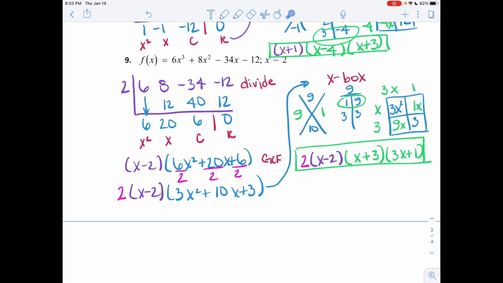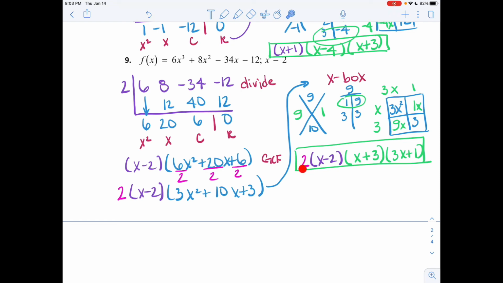Everything is positive. I rewrite all of my pieces here, my first and last terms from my original, and my broken up x terms here. And so taking GCFs across and down, I'm going to get x, 3, 3x down this way, and just a 1. There's not really anything in common here. So finally, I rewrite my